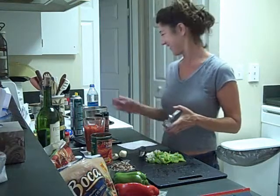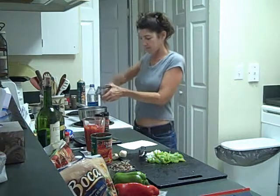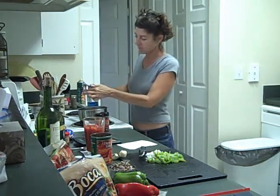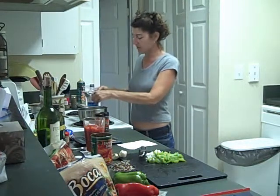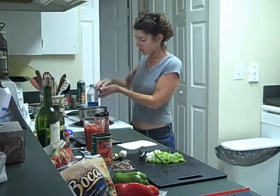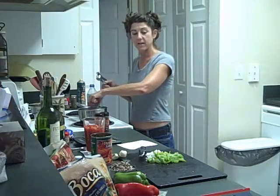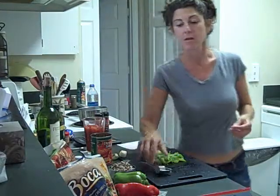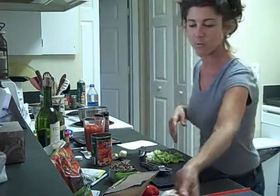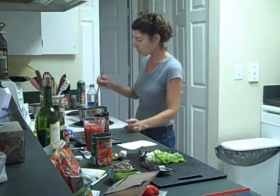I'm getting ready. Go ahead and garlic. I usually use powdered garlic, but my sister keeps telling me that this is so much better. And I know she's right that it's better. I just thought it was a lot of work, but she tells me you don't even have to peel the garlic to put it in here. And I believe her, but the outer peel of my garlic was so thick today that I just kept going at it until I just peeled off the whole thing. So with the garlic,